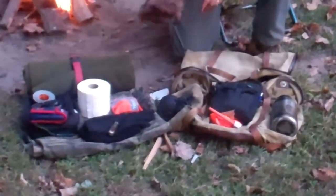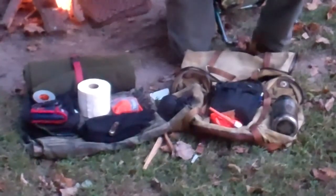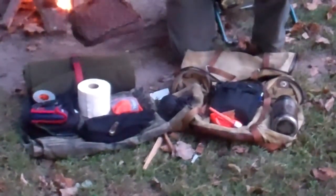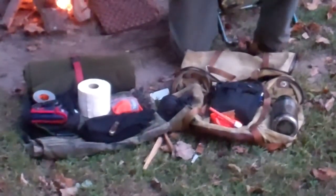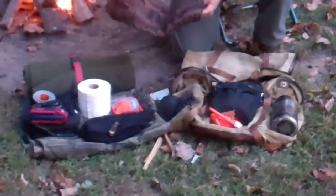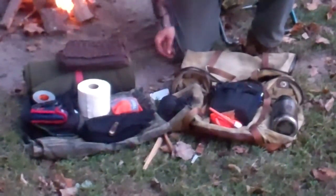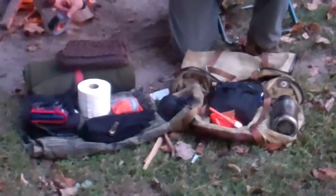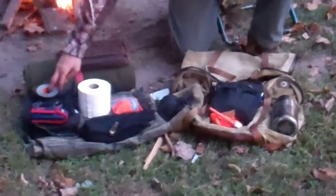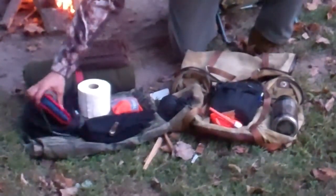As far as a cotton bandana, I don't use that during hunting season that much. I do keep one in my pocket, but I don't really carry one in my kit. In my kit, I like to keep one of these large scarves. You can also use that to help camouflage you, but it comes in handy for many different purposes. Cargo tape, I just keep a small 1-inch roll of Gorilla tape, a candling device, which is my headlamp, and